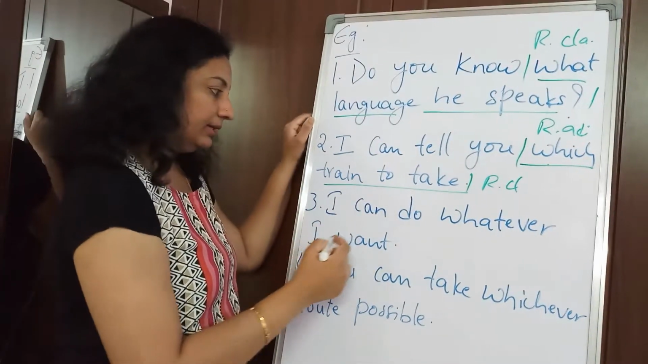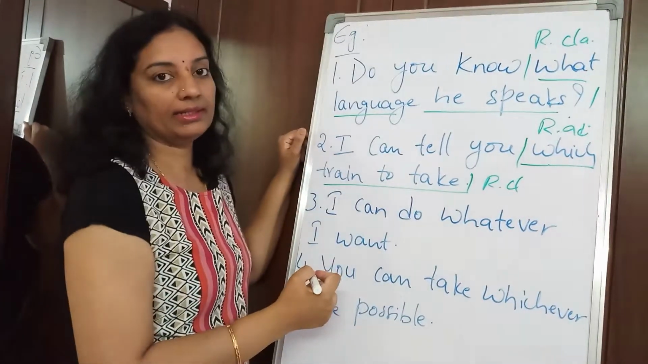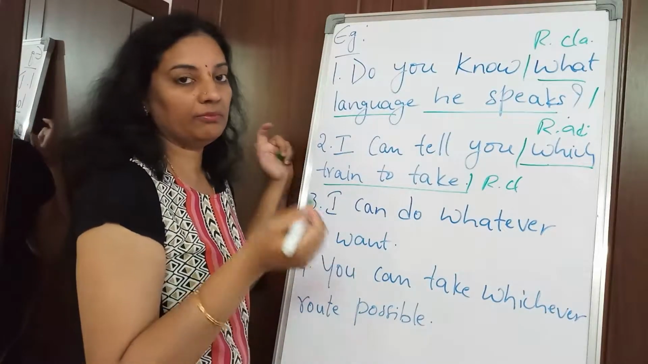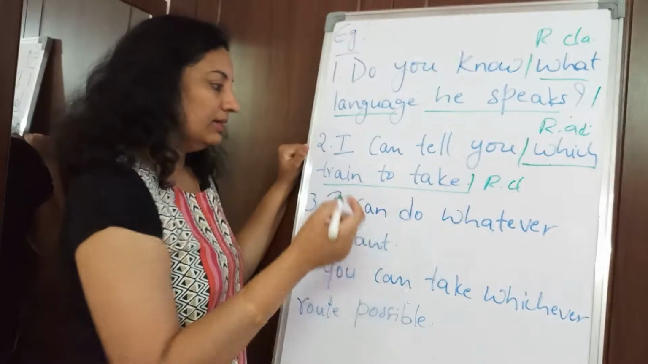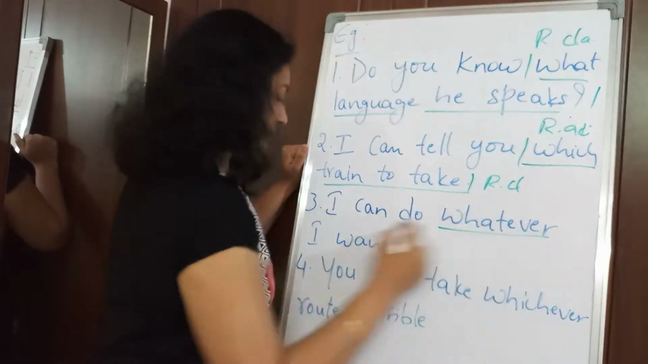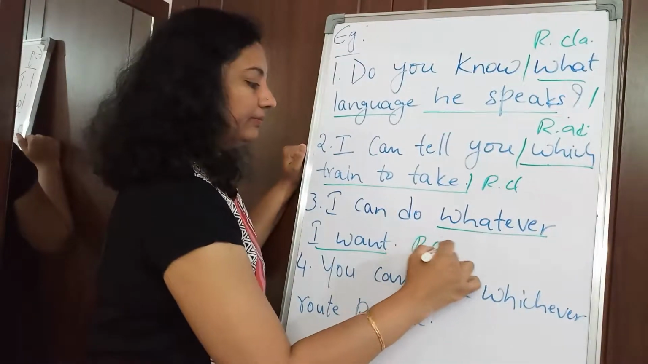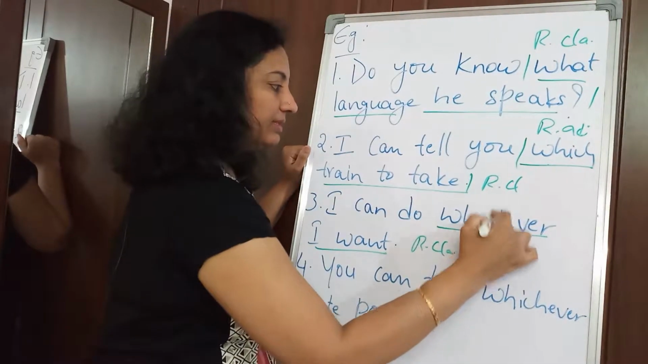Look at the third one. I can do whatever I want. My exams are over. I am free once again. It may mean anything over here. I can do whatever I want. This is a relative clause here, which is introduced with this relative